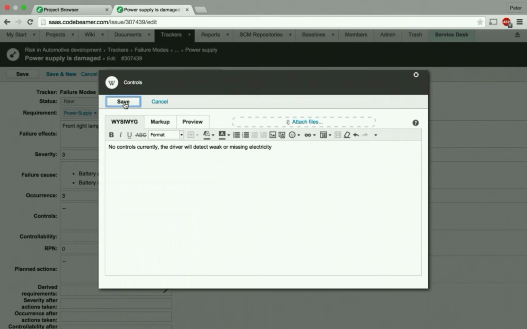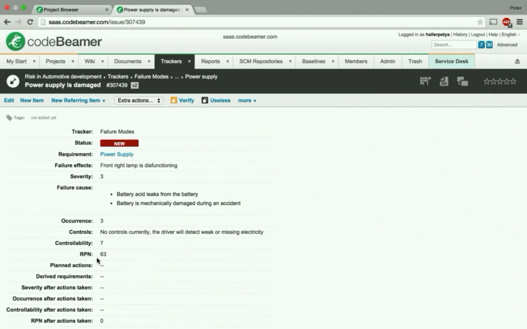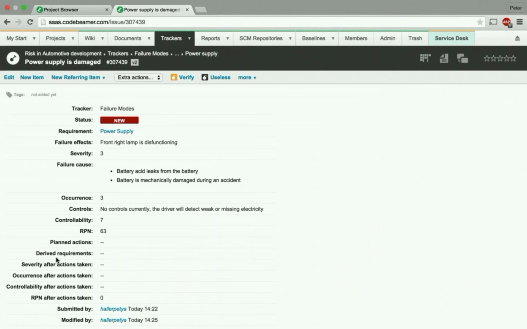electricity. Alright. And I also add the controllability value, which will be in this case a 7. And here you see this is the RPN, risk priority number value. I'm gonna click on save now. And this risk priority number has been calculated as a multiplication of the controllability, occurrence, and the severity values. And based on this number, this is gonna be assigned as a new risk in our risk matrix diagram. For that, I'm gonna verify